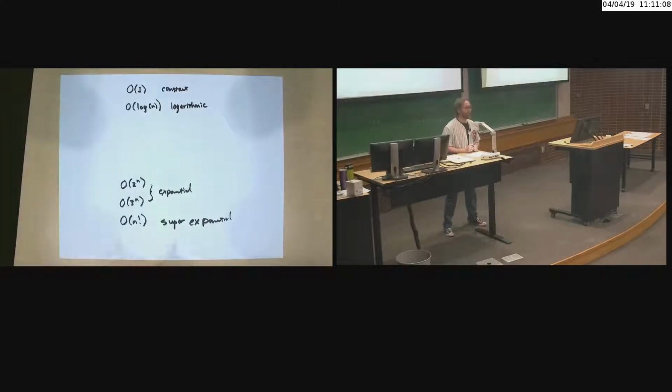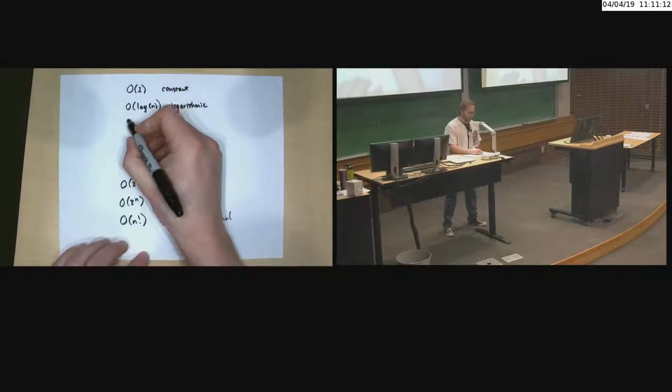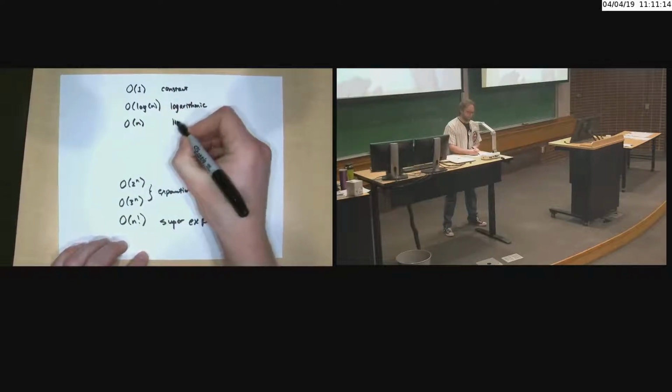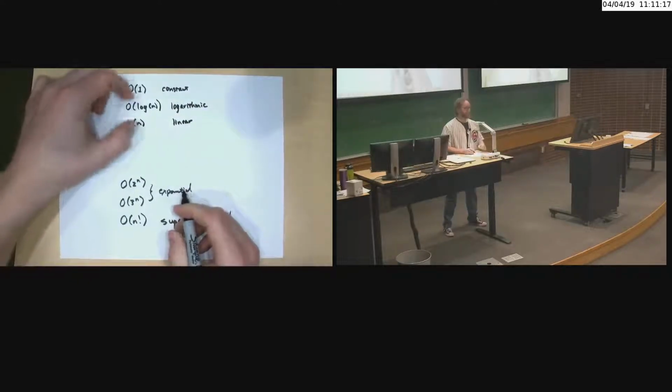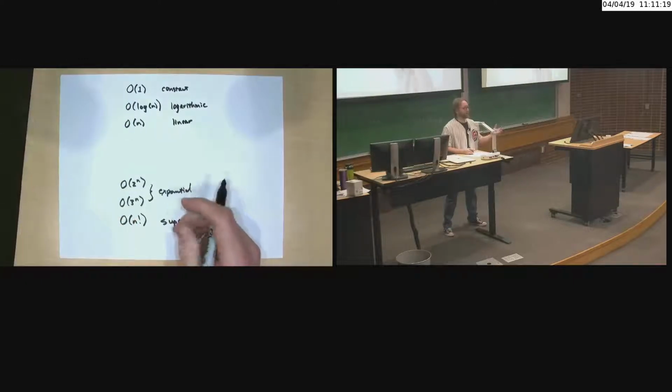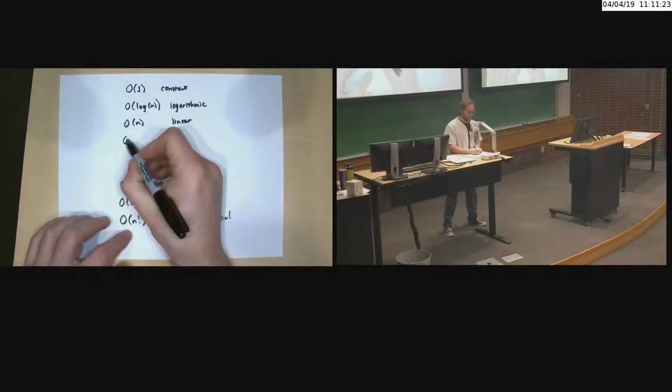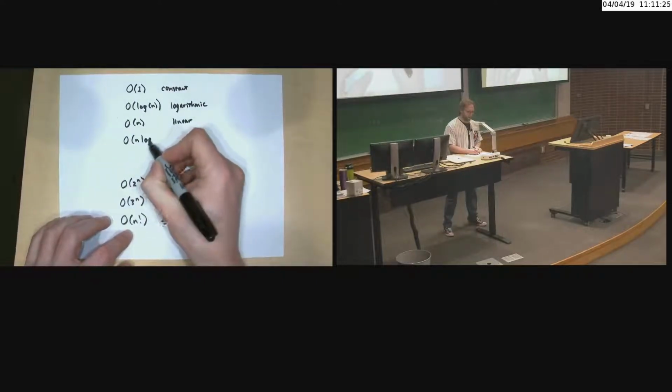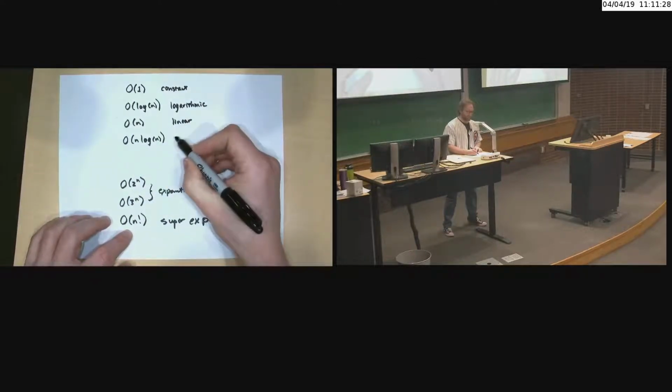And I'm leaving a gap here. What else is there? Linear, okay. Order n would be linear. What if I combine these two? What if I had an n and then a log n, like, say, sorting algorithms? Order n log n. This is usually referred to as